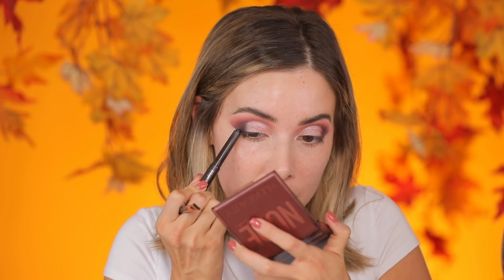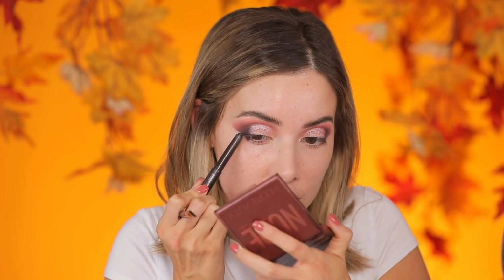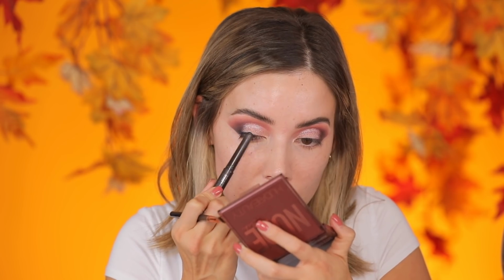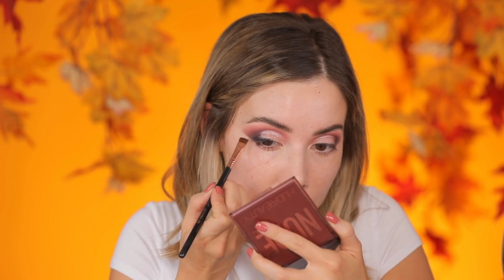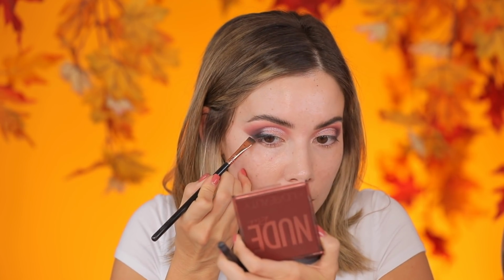So I'm using the Laura Mercier eye stick in the shade Tuxedo. And I'm gonna color this basically on the outer corner, about halfway across the eye. Take a smudger brush. This is another Sigma flat definer, E15. And just kind of pull it outward. Since I have so much dark shadow on, I can actually put on a little bit more than I normally do. Kind of tap it,